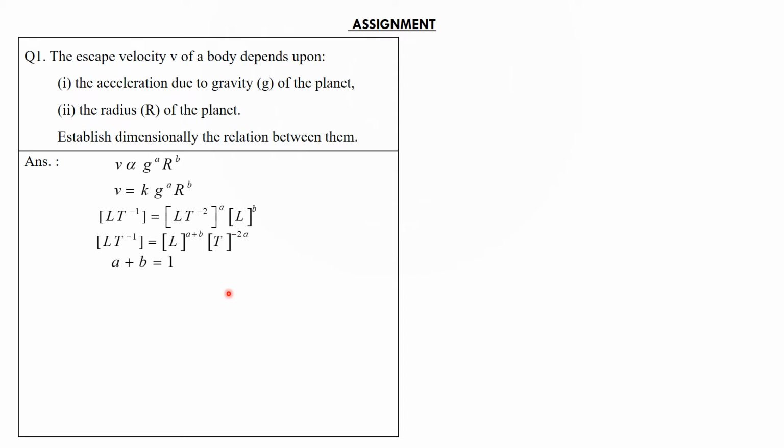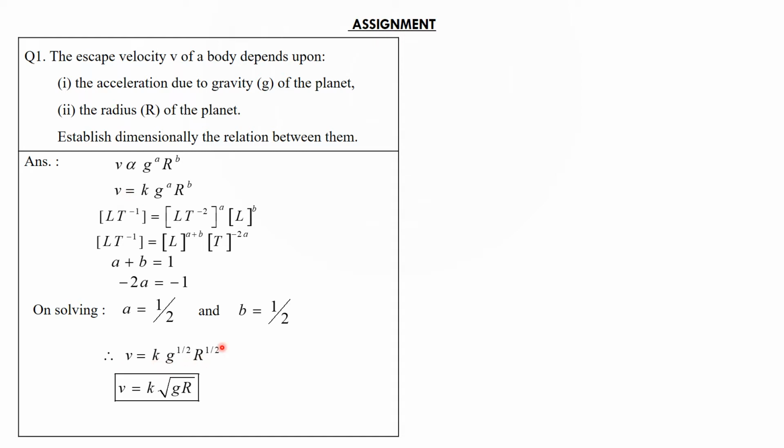On comparing, we say a plus b equal to 1 and minus 2a is equal to minus 1. That means a is 1/2 and b is also 1/2. So we put the values in this equation. What we get, v is equal to k g^(1/2) r^(1/2),